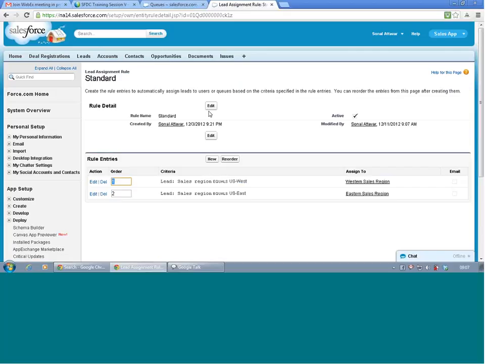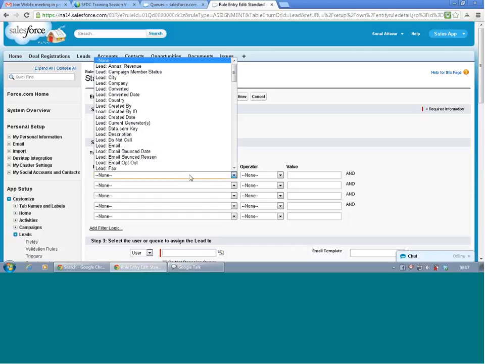And create one more new rule entry and make the sort order as 3.